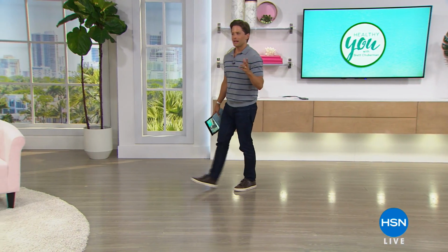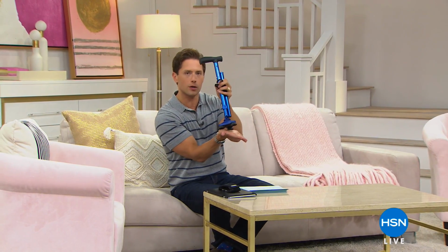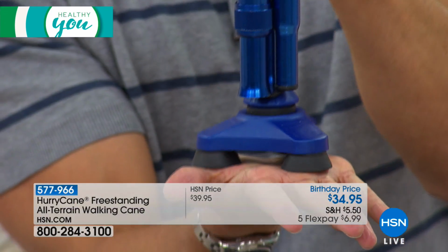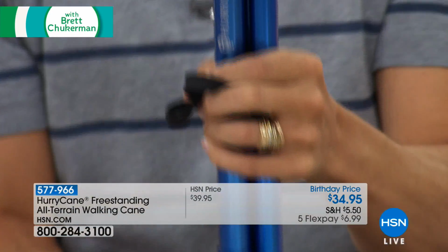Okay, now, some of the reasons you may call 911 Help Now is because you fall and you're in need of help. And there's a ton of you out there that are in need of a cane, whether it's an accident, an injury, or just aging. We have a better cane, and it is a revolutionary redesign. It's called the Hurricane. As you see, it's collapsible, so it'll go in your handbag. It doesn't have to sit at the side of the restaurant. But what's most important is that this is an all-terrain cane. So rather than a post that simply kind of wobbles around, this is an all-terrain cane that takes your support and moves through while you are using it. In addition, it has a more comfortable handle to support you, and it pops right out, so you're not reaching,